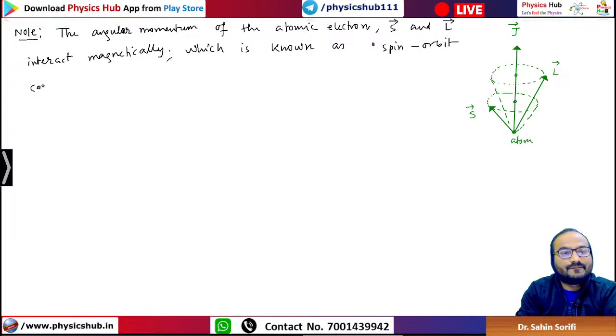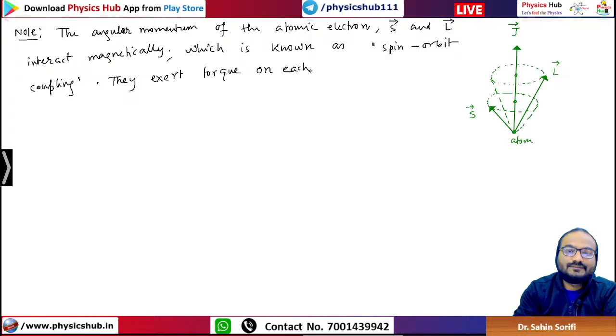Spin orbit coupling. And magnetically they are interacting, so they will exert torque. Where there is a magnetic field, there will be torque. They exert torque on each other. There is no external magnetic field applied. This magnetic field is generated because of the interaction between S and L internally. They exert torque on each other. These internal torques